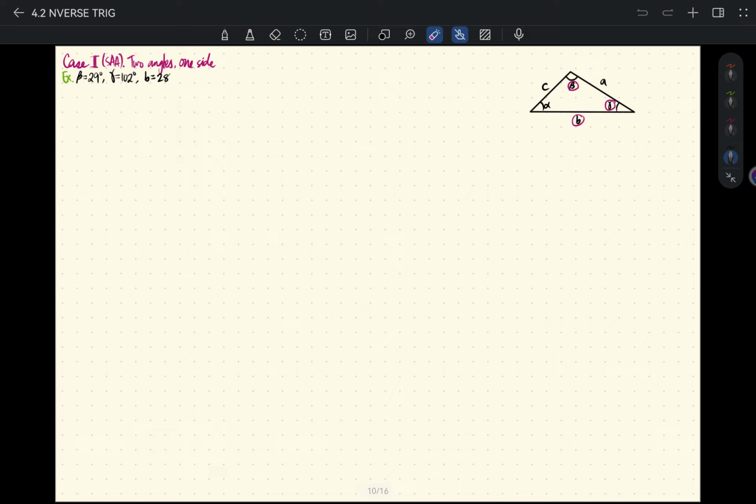So suppose you have beta equals 29 degrees, gamma equals 102 degrees, and B equals 28. So as you can see here, what's given is beta, gamma, and B. You have two angles and one side. If you have two angles and one side, what you can use is the law of sines. So by the law of sines,